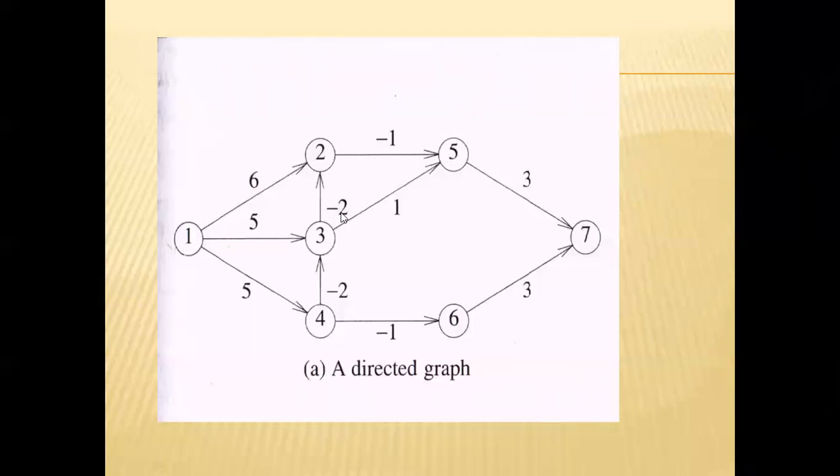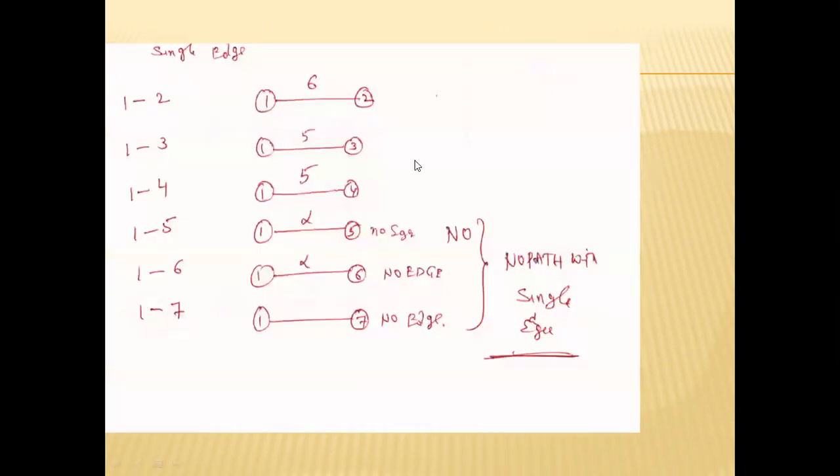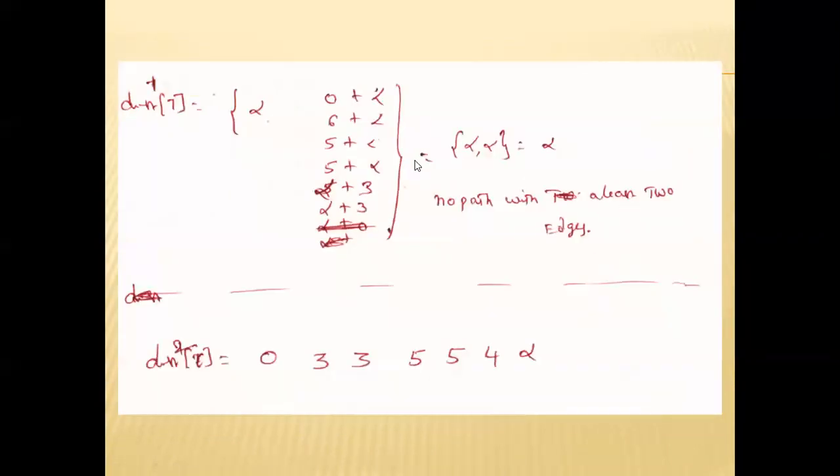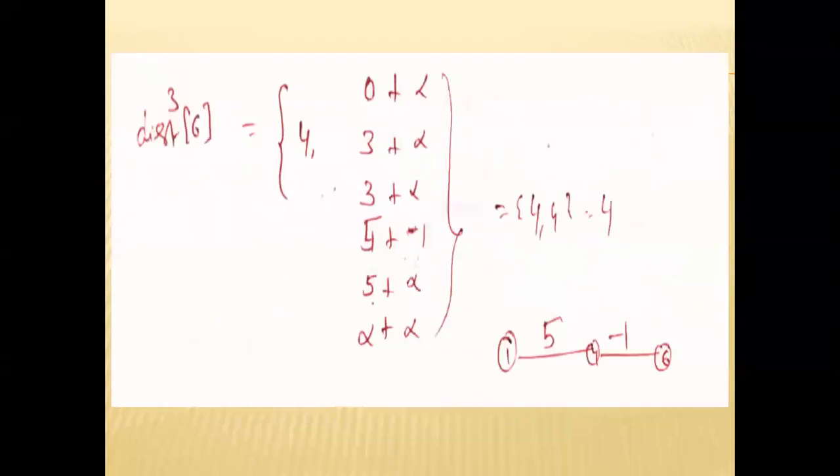That is 5 minus 2, 3, 3 minus 1, 2. We already calculated 2. That means there is a shortest path available by using three edges: 1 to 3, 3 to 2, 2 to 5. So there is a shortest path available from 1 to 5 by using three edges. Okay, so already we have calculated the shortest path by using three edges. So here we are calculating distance power.